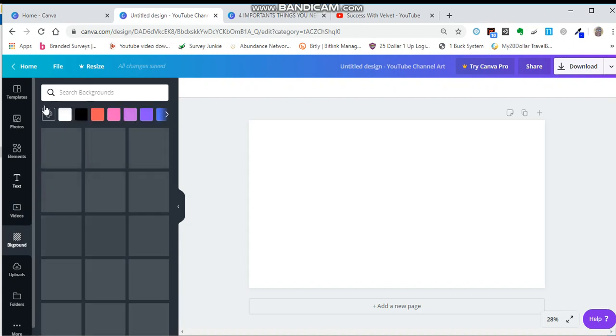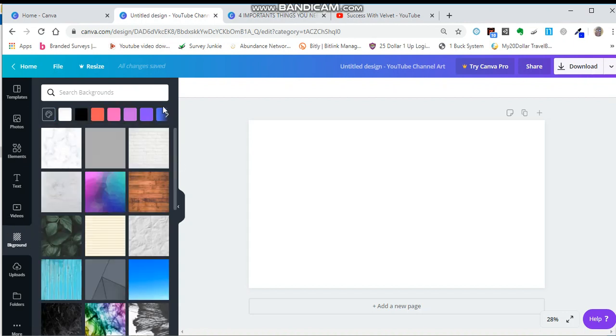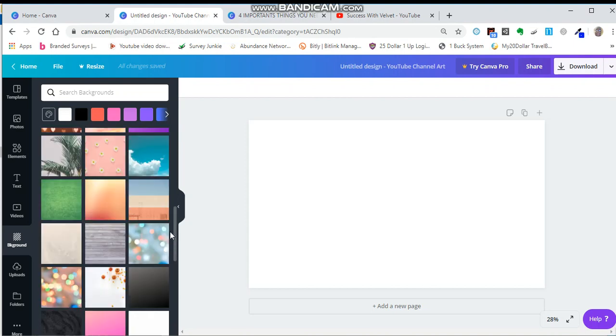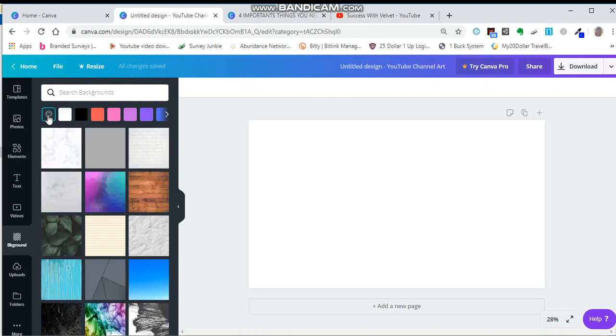And these are the background colors that you can add. You can add them yourself, or you can pick some of the ones they have already. They have tons of free ones you can choose from. I just choose my own colors here. And up here,